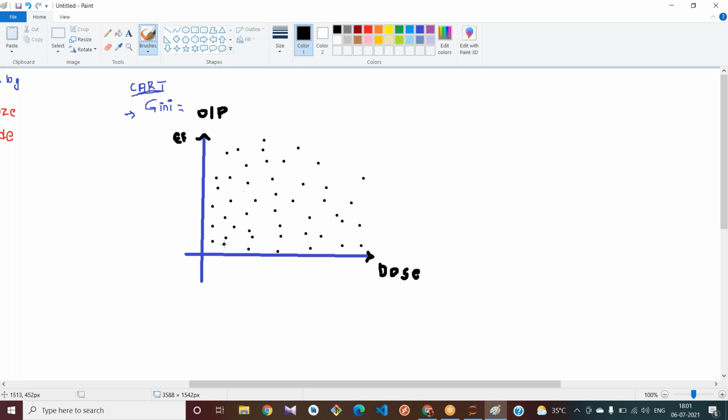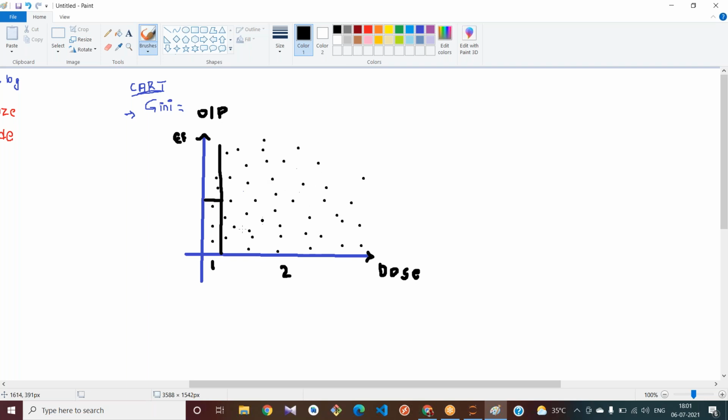It tries to split the data here. See, when the dose is somewhat 10%, it tries to split it this way. This is one category and this is the other category, right? And in this dose also, it again tries to split the data.